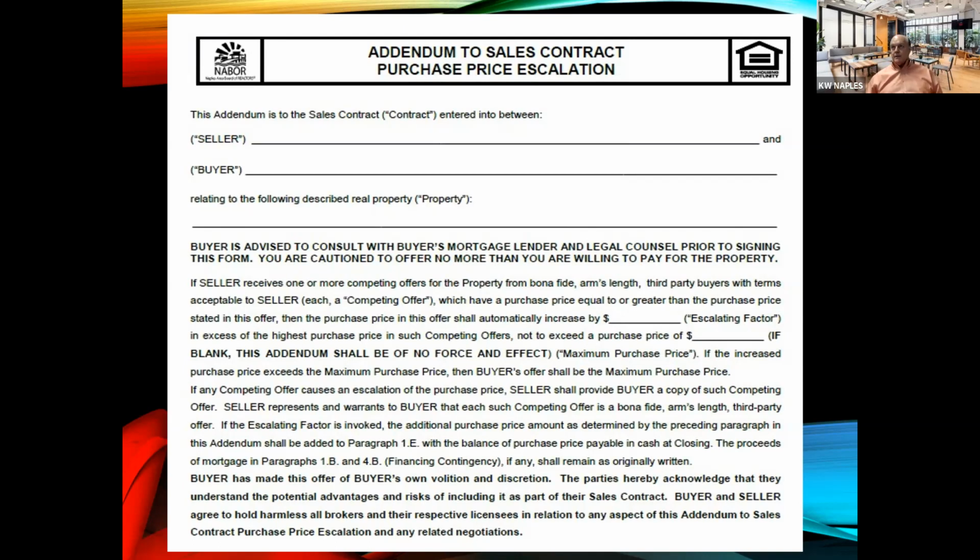You don't know what that market's going to look like if for some reason the parties decide to settle. They say, look, we'll give you $25,000 to go away. Here you are, just let's settle this thing. Fine, now we're 45, 60 days down the road, and we don't know what the market's going to be like then. So my suggestion to you is,